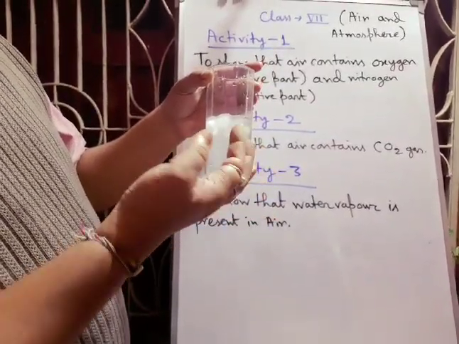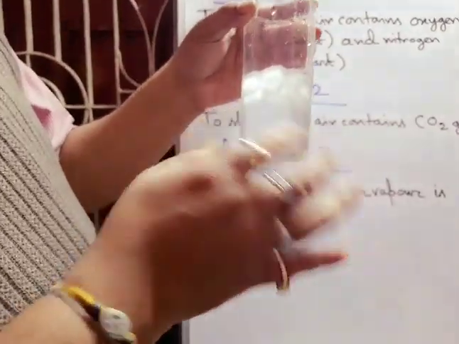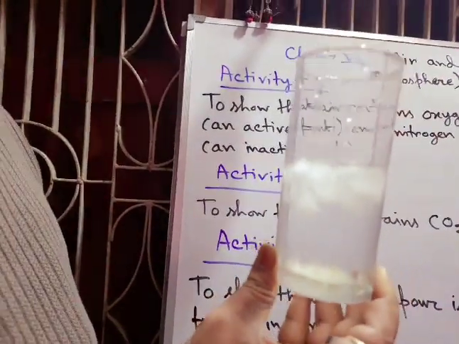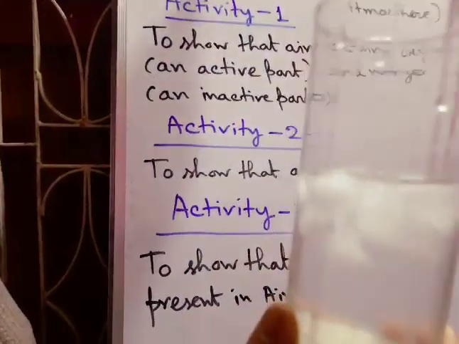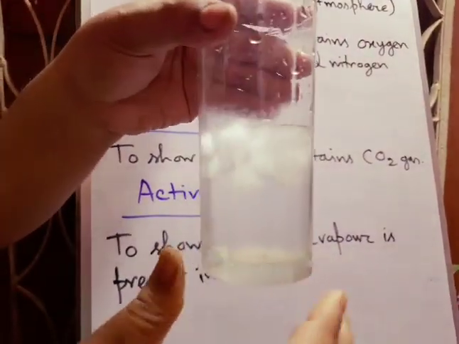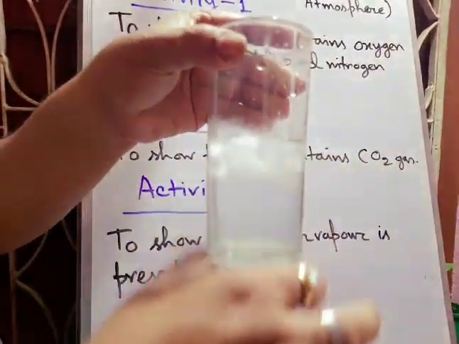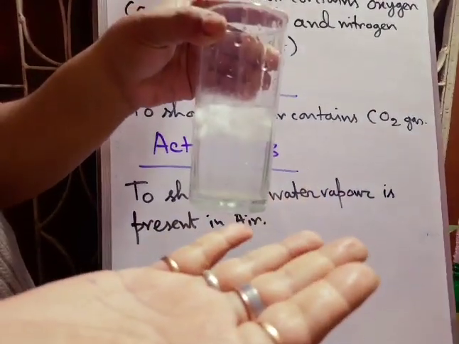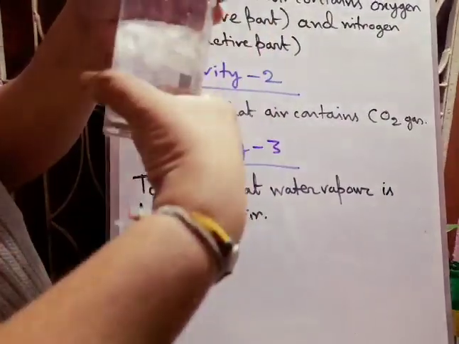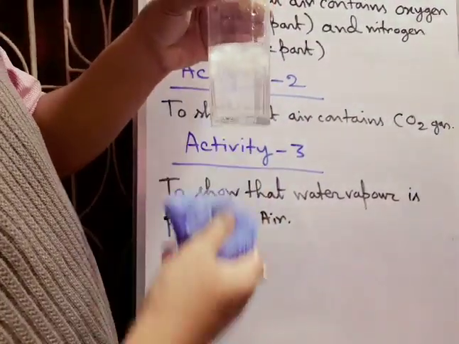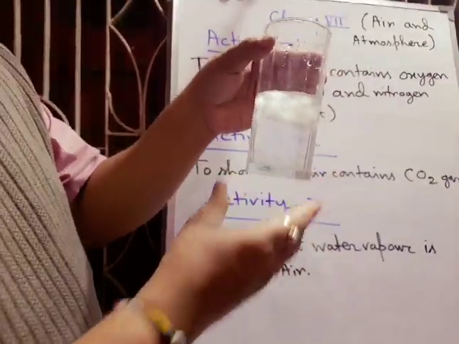Here you see that water vapor is there. I am able to see, I am able to feel that water vapor is there. Whether you are able to see or not, here you see outside water vapor is there. Now see again, glass is here, water vapor is there. In hand you see that water vapor is there. Again I am just clearing it. So the glass is clear. After some time what will happen? It will become hazy. Again you see.